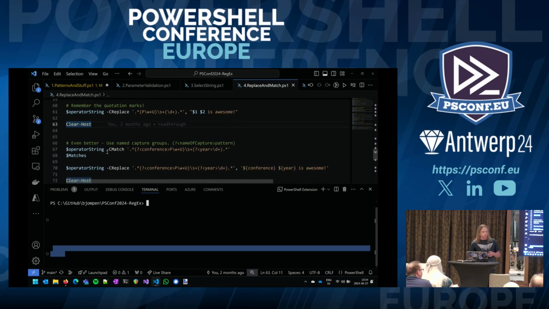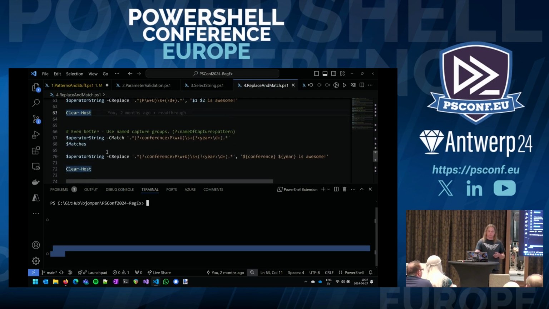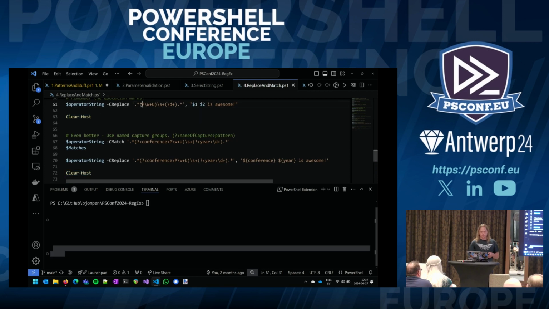We can also do named capture groups. So instead of just parentheses like this and $1 and $2, we can add parentheses, question mark, and I can never remember which is less than and which is greater than. So let's just say less than, greater than, and give it a name. Instead of having just $1 or $2, it will now grant this a name.